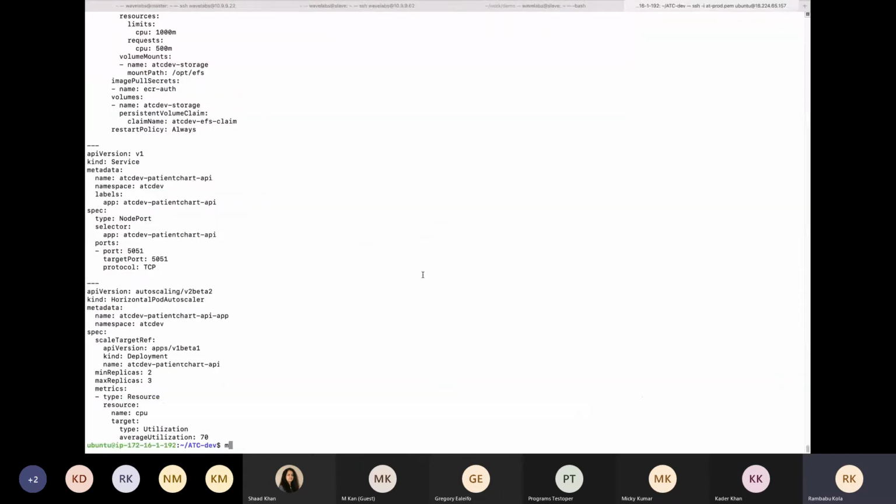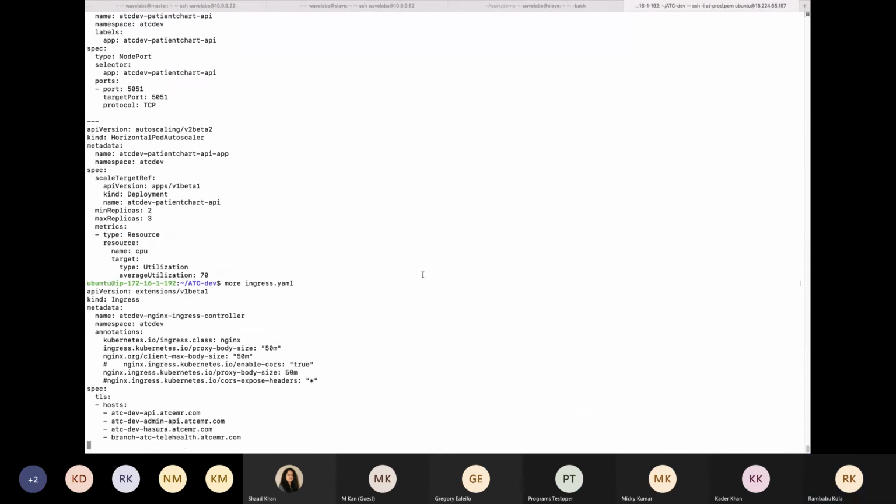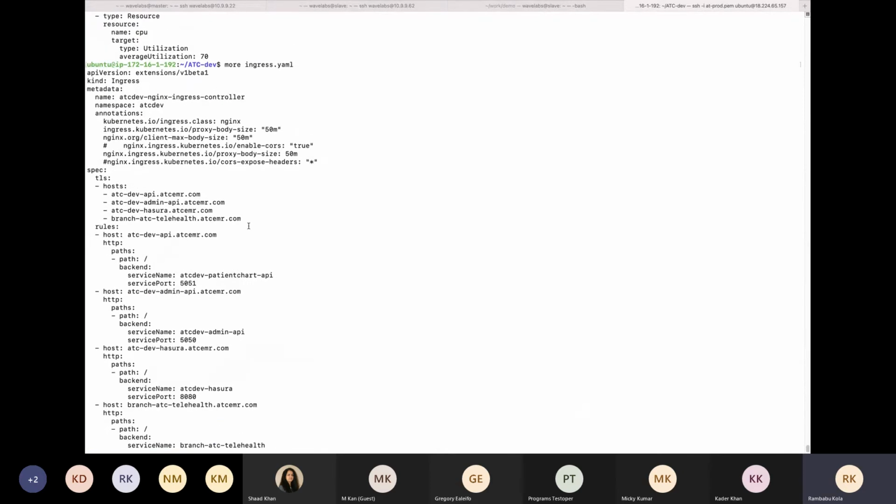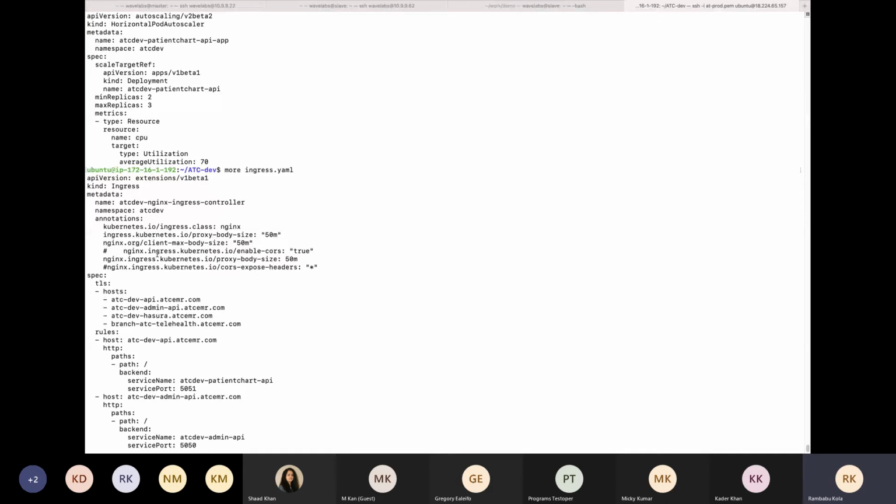I'll show you one ingress. This is one example I'm showing you. Here I am using the Nginx ingress controller, and externally we are publishing the host and configuring it, and the backend is configured to the service name and service port.